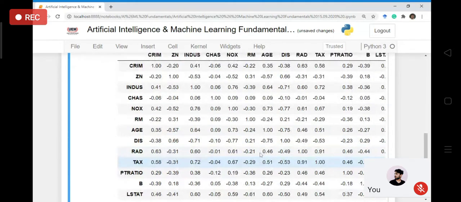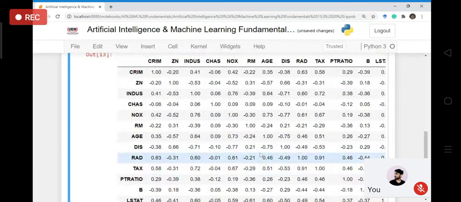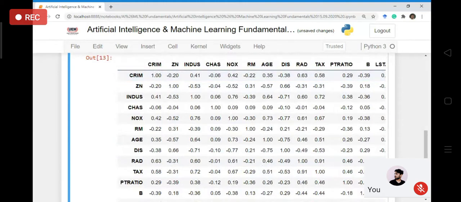So over here you can see, let me tell you what is the meaning of it. These columns have the names of all variables, and vertically you also have the names of all variables. You pick any two variables, suppose CRIM and ZN. It says that the correlation value is -0.20. That is the correlation value between CRIM and ZN. Definitely for the same variable, the correlation value will be a perfect one.